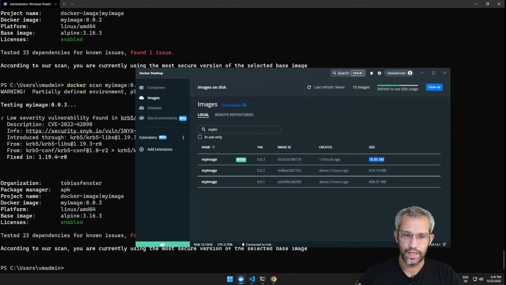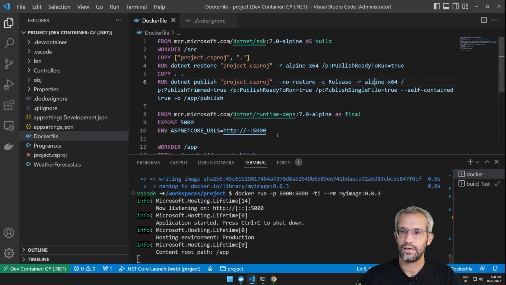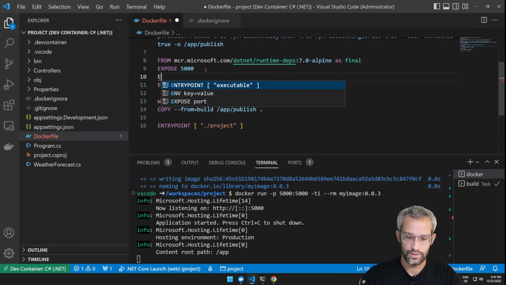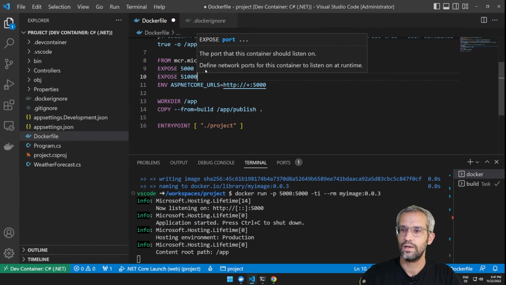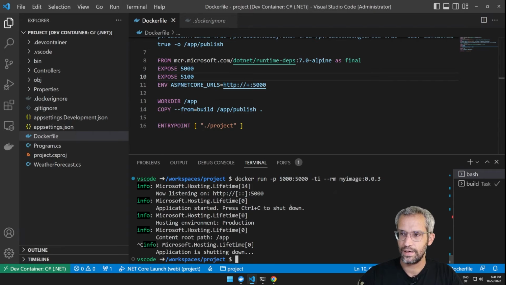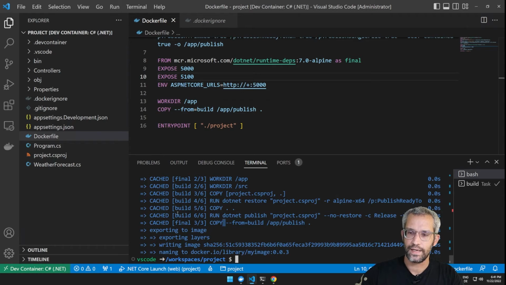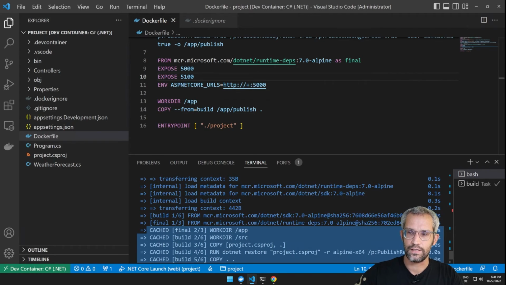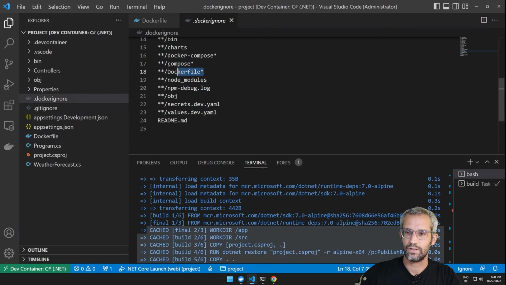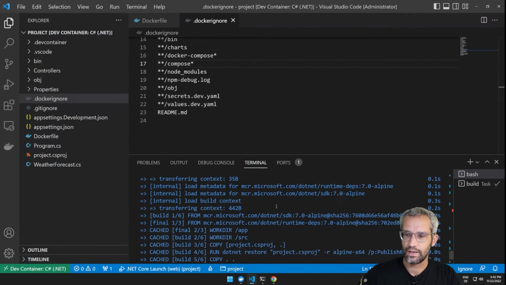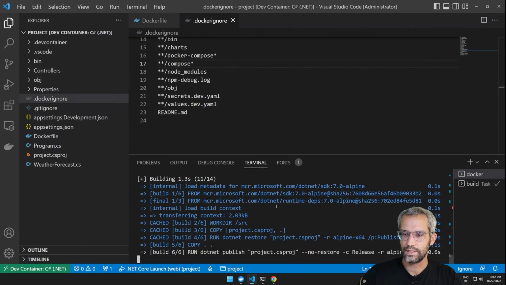To also show you the impact of the Docker ignore file that we just took a look at, let's see if we, in the Dockerfile, assume that we have an additional expose, and then we run the Docker build again. Let's see what happens. You can see here that it has used everything from the cache, because the Dockerfile, based on the Docker ignore, as you can see here, is not put into the build context because we don't need it there. If I remove that part, save it, and run our Docker build again,